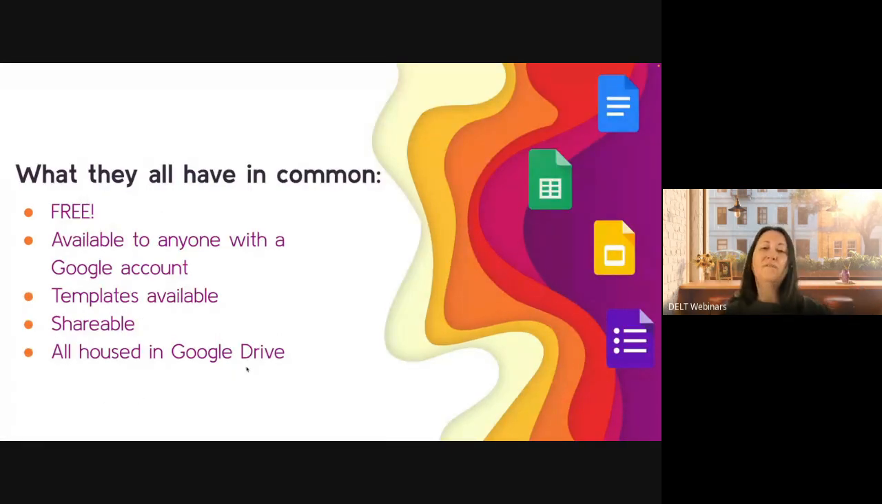So all of these apps have very important things in common. The most important being they're all free. They're absolutely free to use at any point, and they're available to anyone with a Google account. Google accounts are free, so that makes it very easy, very accessible. The other thing is